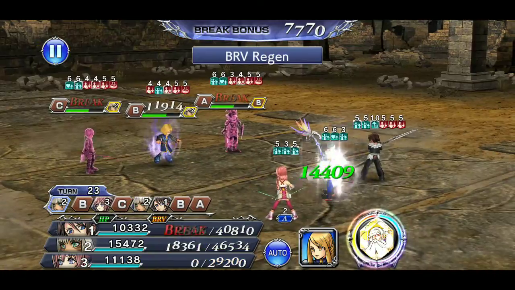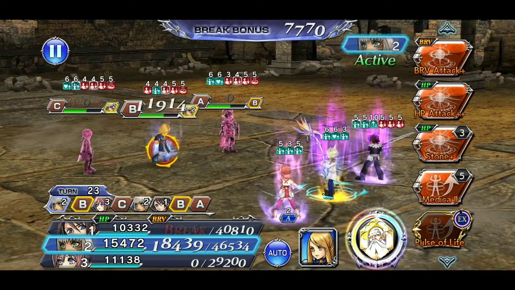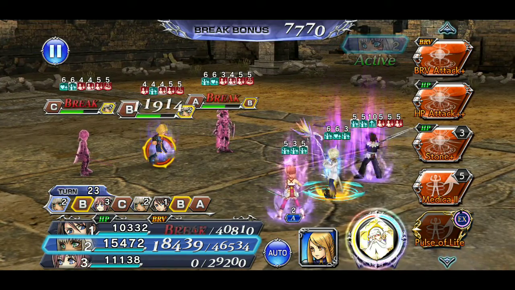Alright, so here's a potentially bad turn. He's got quite a lot of Brave. He could HP attack here. I would like that not to happen, if possible. So I'm actually going to go ahead and...